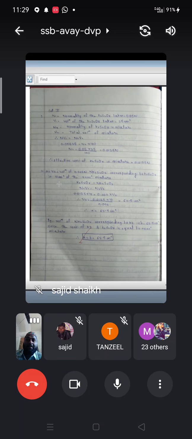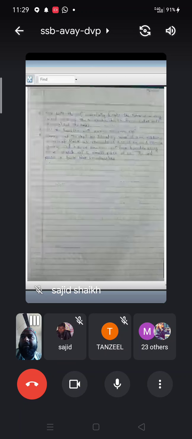Here the value of A will be half of this particular thing. See, there was a 0.05 normal K2S2O8 solution. We prepared 50 cm cube. Their concentration was 0.025 normal, and for that A was 125 cm cube. Here exact half concentration is there, that's why its value will be half. Means A will be 62.5, same B will be 62.5.